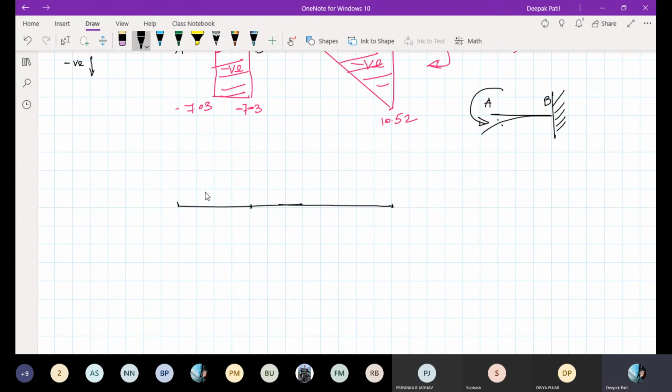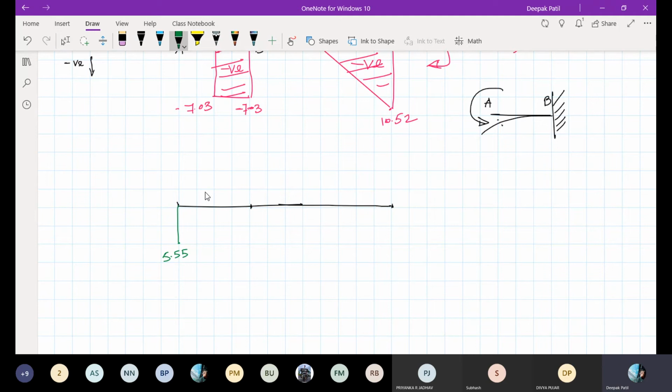Now what we usually do is we try to draw the bending moment diagrams always on the compression phase. Okay, always on the compression phase. So it means that this is minus 5.55. The compression is at the bottom part, so you have to put this minus 5.55 at the bottom. Are you clear? I will explain further what will happen next.